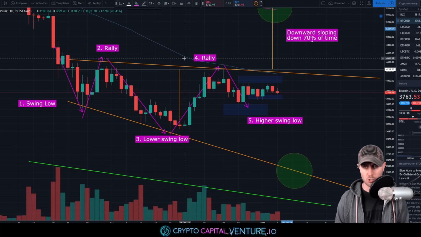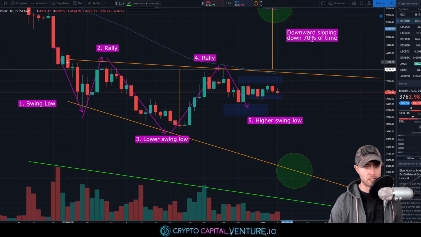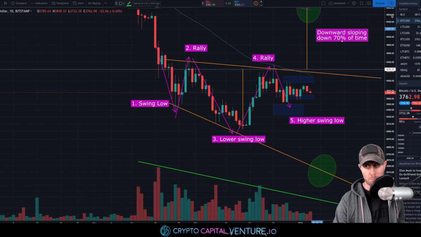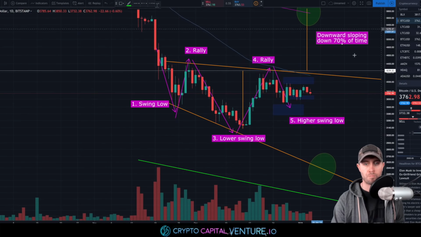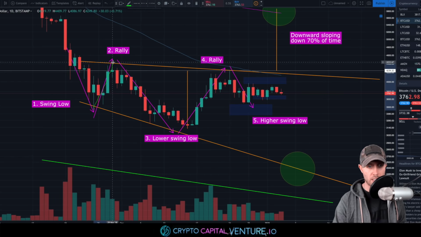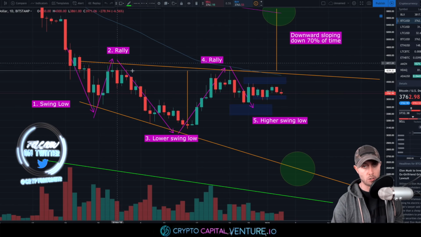So what is an inverse head and shoulders? Very simple. It is a bottom indicator in terms of the momentum shift of Bitcoin. Number one, you have a swing low, which you see on the screen, which forms the first initial slowing down of downward momentum, right? And this is that break below 6,000 that everybody remembers. We have that first swing low, that first bottom. Then we have a mini rally. This rally here is around 28 to 30%. Off of that rally, which really is the formation of the neckline in the long run,